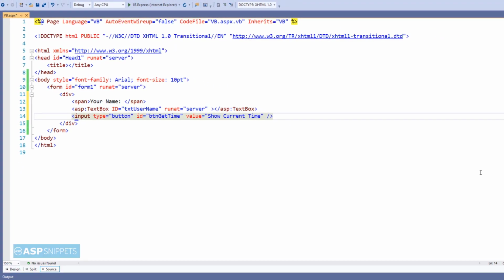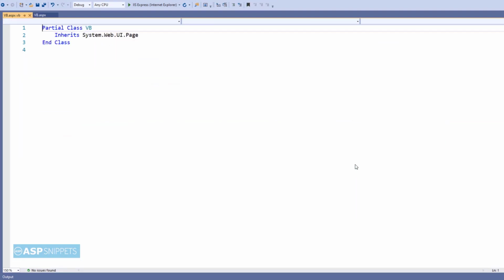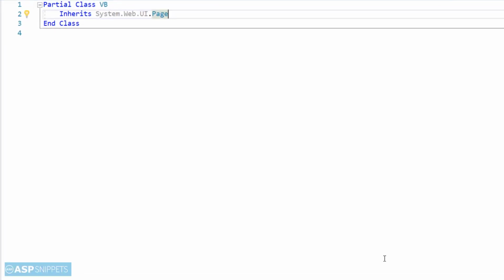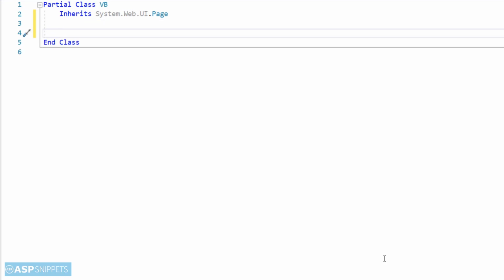Now let's move to the code behind where we'll write our web method. So now we are in the code behind. Here first I am writing the attribute for the web method, which will be System.Web.Services.WebMethod.